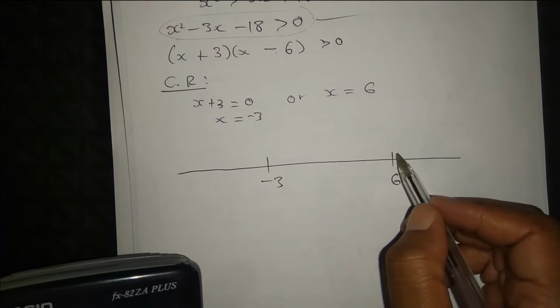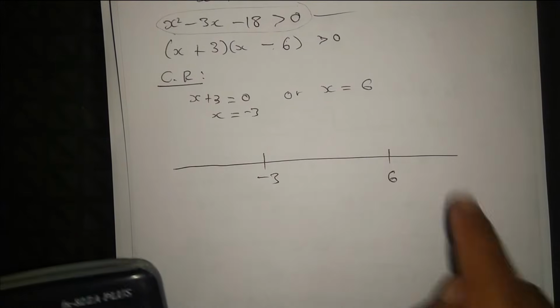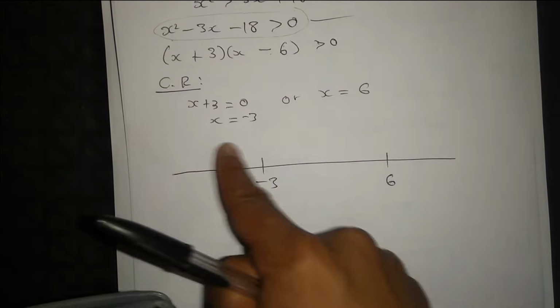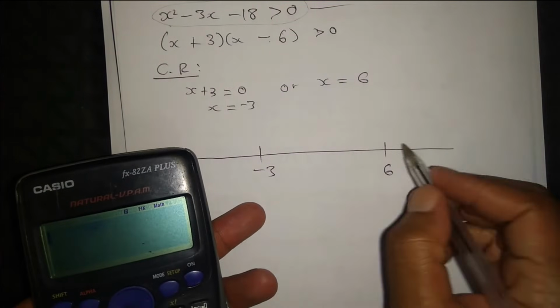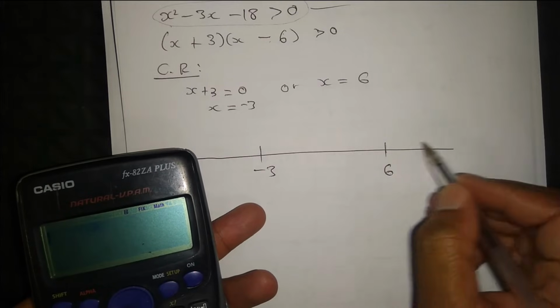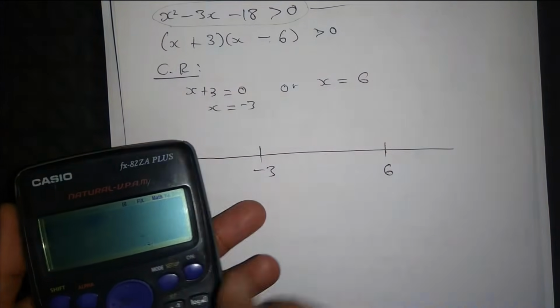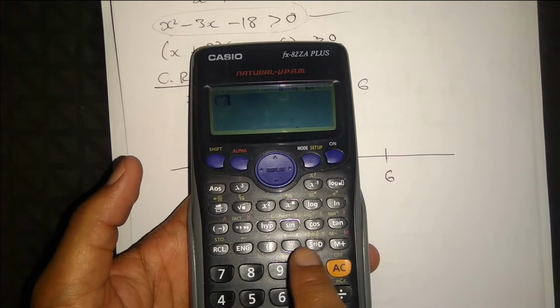Check the values greater than 6. So our solutions are here, or here, or here. So let's check, let's start on this side. Let's take any value that's greater than 6 and substitute here. Let's take 7. So 7